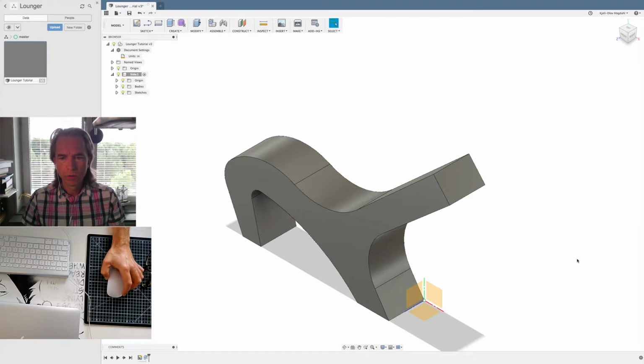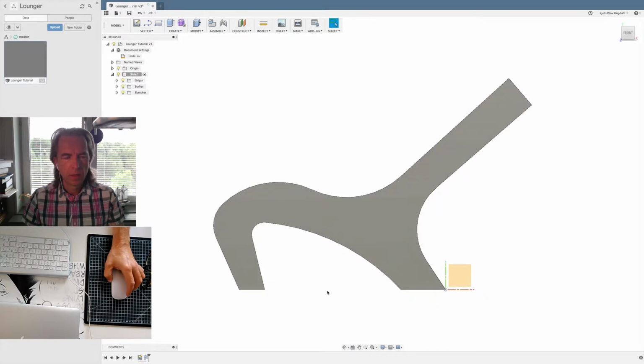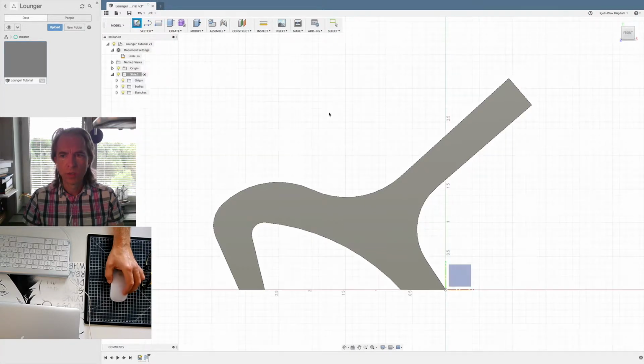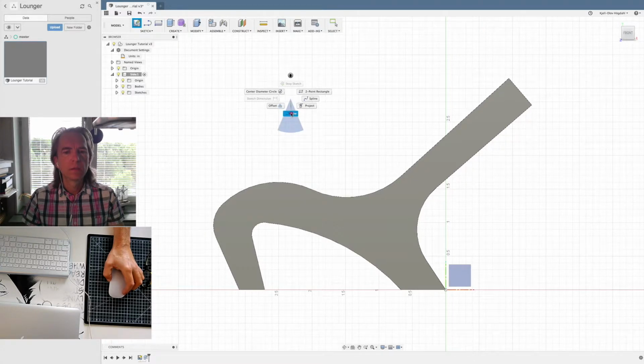Okay, next we're going to create a new sketch. So I click on the front here to navigate to the front of my design, and I go to Sketch, Create Sketch, and now I can create a line. I right click, Sketch, yeah, okay. I don't have to click, I just hold it there and this one opens. Okay, so I'm going to create a line,